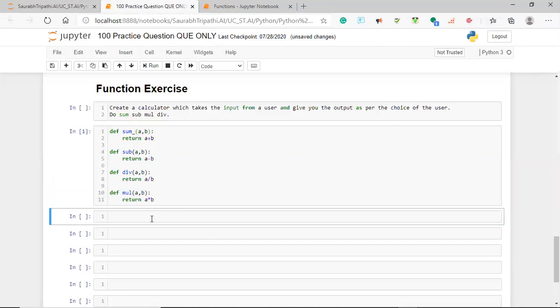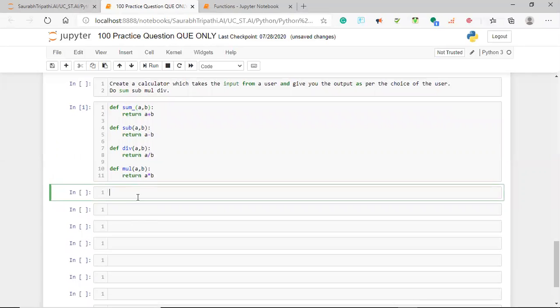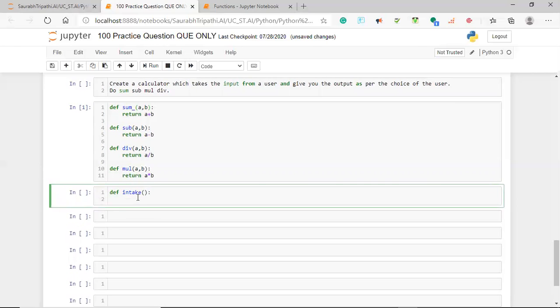So what we can do is simply start creating a function which will take the input. Now we already have the functions, we can simply call the name and give the input and get the output. So the aim of this function will be to take the input. So I'm defining the function intake. Just taking the input for this function, let me say I'm going to take an input. So we will simply use input: enter your choice.